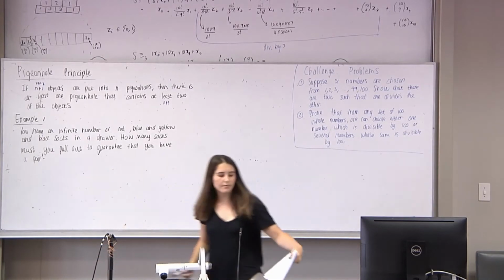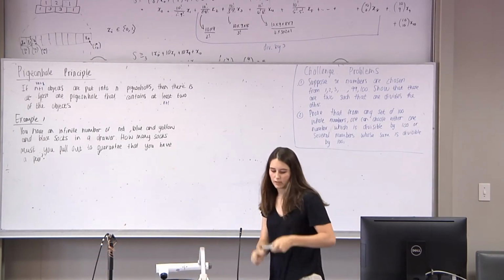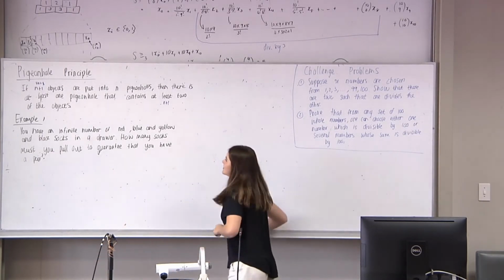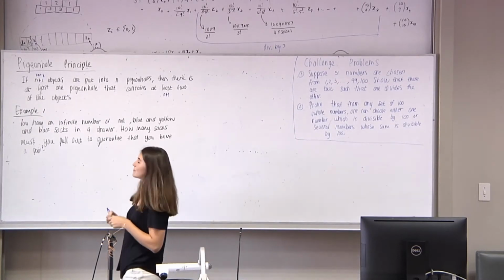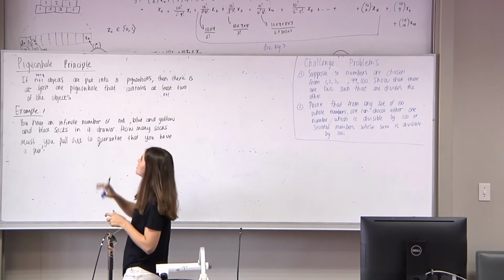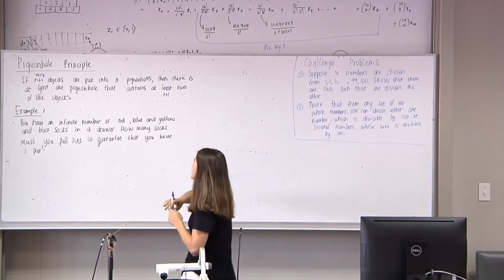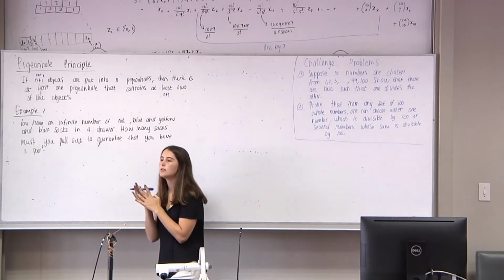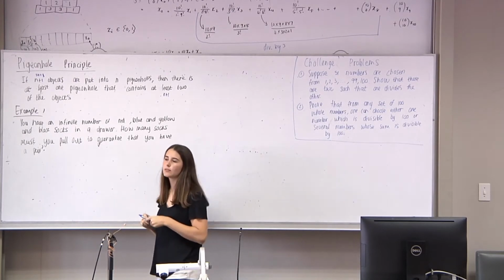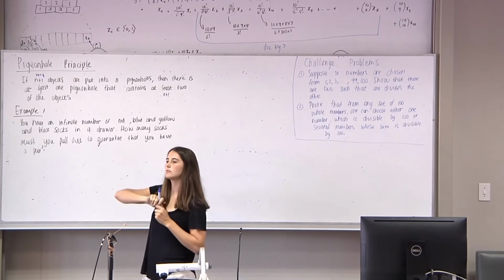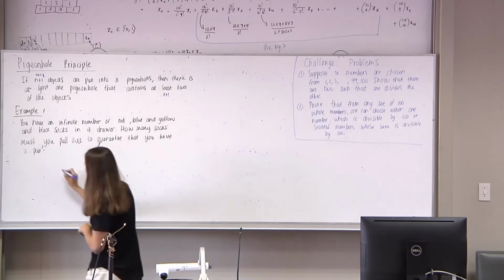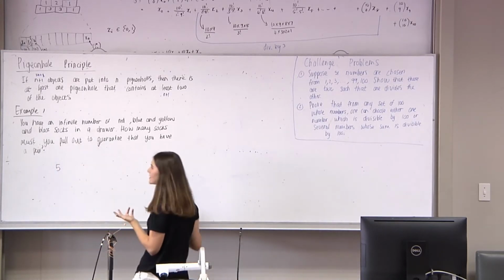Okay, so this is the very basic idea of pigeonhole principle, which is actually quite useful in solving quite complex problems, you'd be surprised. So in this example, we have 4 colors of socks, and they're all in the drawer. And the question is, how many times should you pull out a sock? I think it's 5. All right, so the answer is 5. Why? Because